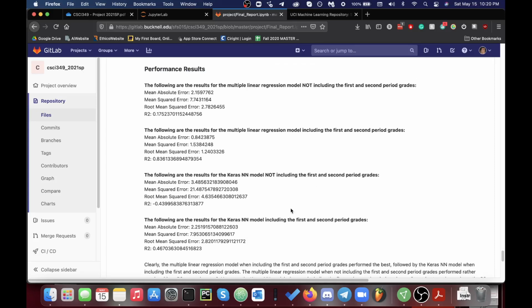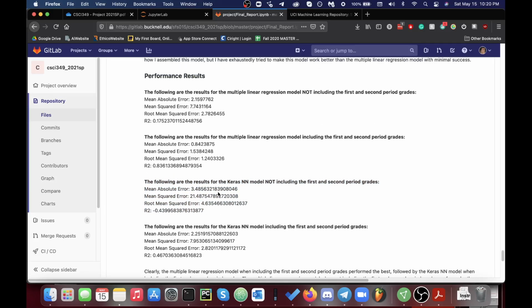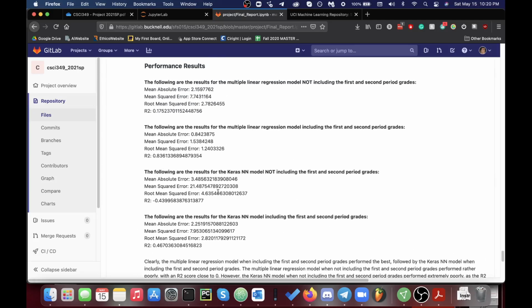So then from there, interestingly, the multiple linear regression model performed better when the first and second period grades weren't included. And of course, the Keras neural network model, not including the first and second period grades, performed really poorly. You can tell through the R2 score here, it's actually negative. And so I found it interesting that it appears the multiple linear regression model is the way to go, and that the Keras neural network model, no matter the hyperparameters I chose, it just would never perform better than the